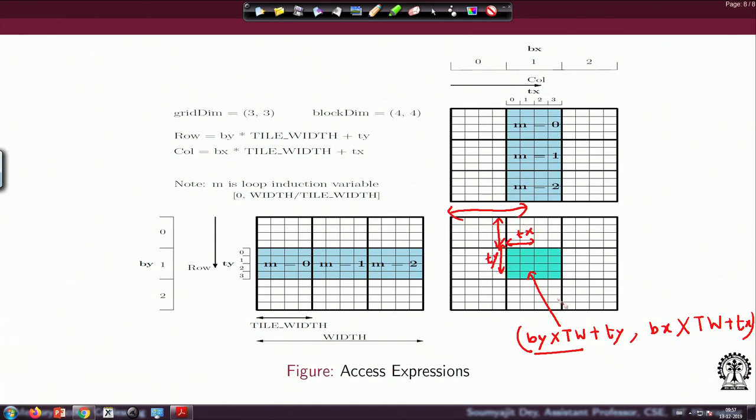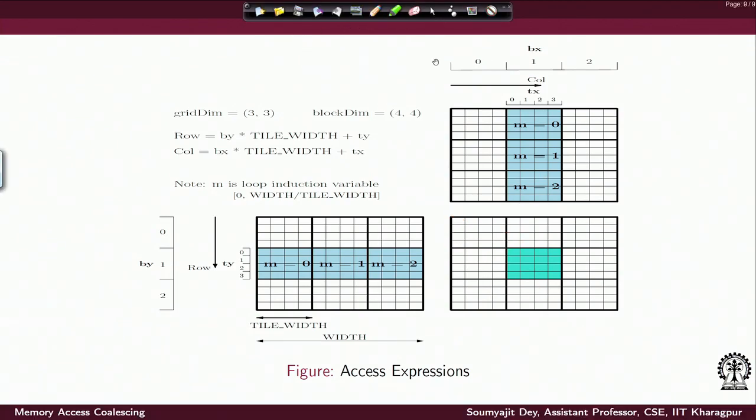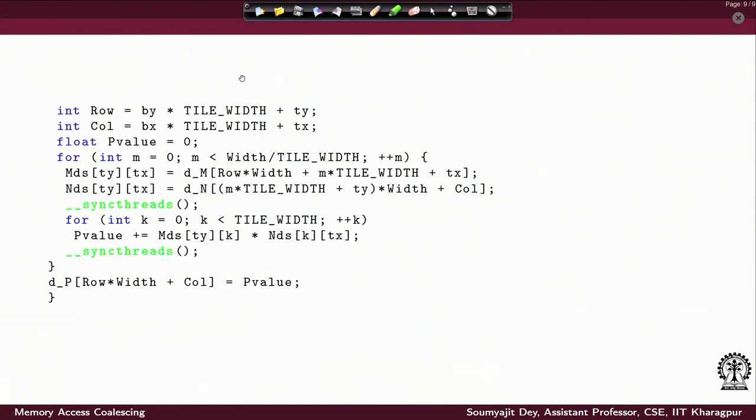Similarly, with Bx times tile width, I get to this much, and then I shift with the Tx, right. So this helps me to figure out for each thread which locations of the input memory it is going to access, right.